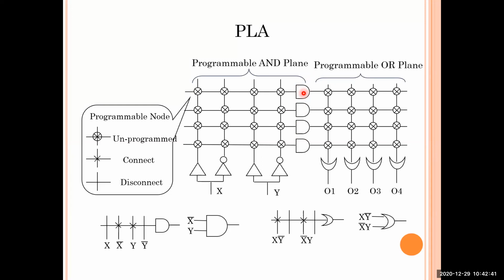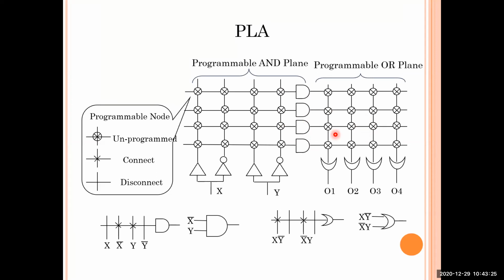And what does the OR plane do? The OR plane will be generating an output by performing the OR operation. How does this operation work? The operation of the OR plane works on the products which are generated by the AND plane. Whenever the AND plane produces some output, that output becomes the products of these input variables, and those products are given as input to the OR plane, and the OR plane produces an output. So this is the general working condition of how a PLA works.